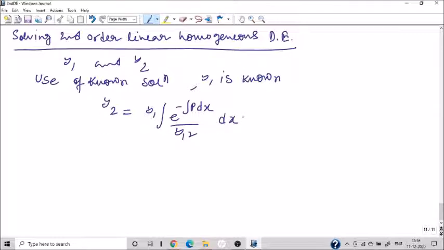We will not discuss it in detail. You have to remember this formula. If y1 is known, then how to find the other solution y2, you have to apply this formula. Here e to the power minus integral of p dx is the integrating factor, and p is the coefficient of dy dx,